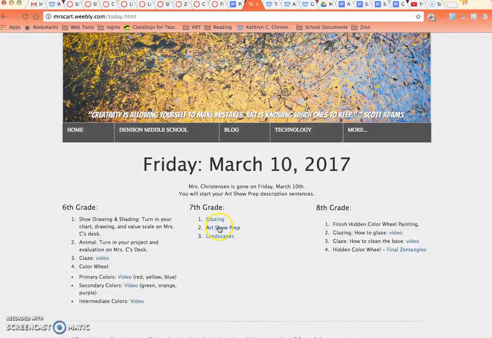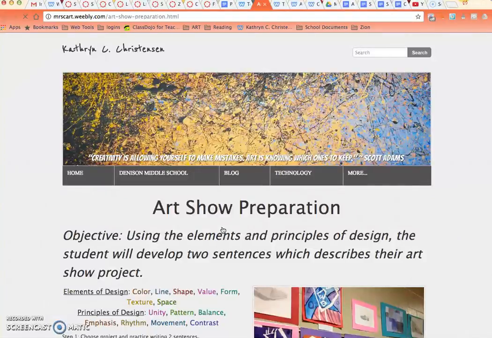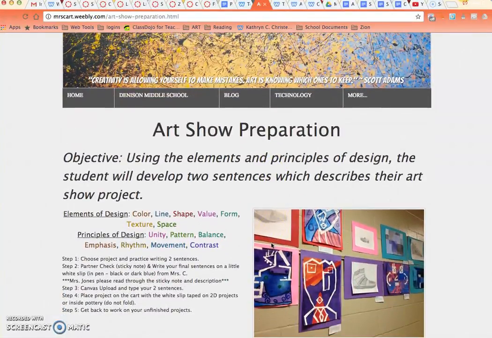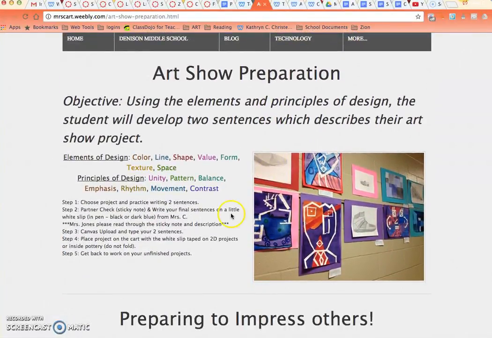So I'm going to go ahead and click on Art Show Prep here. What you are going to be doing is brainstorming 2 sentences that describe your artwork for the Art Show project. Here's an overview of what you're going to do. The elements and principles of design are here, and you're choosing a project and practicing writing 2 sentences. You'll have a partner check,